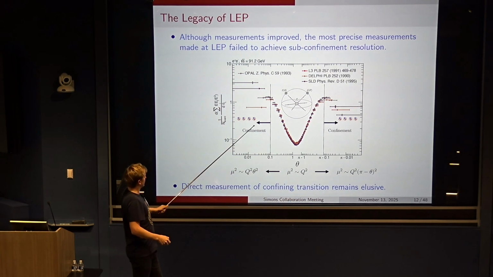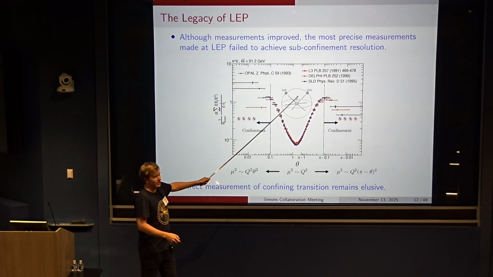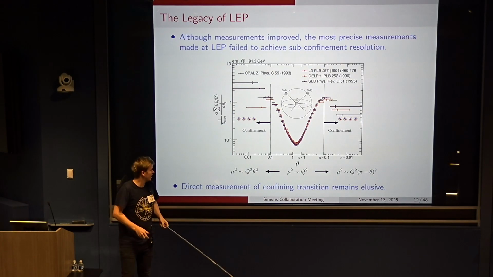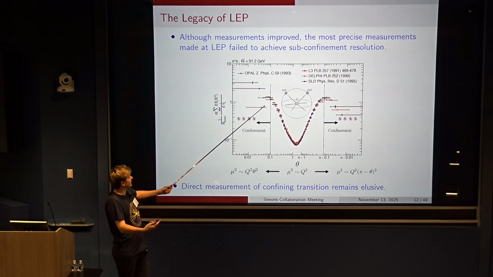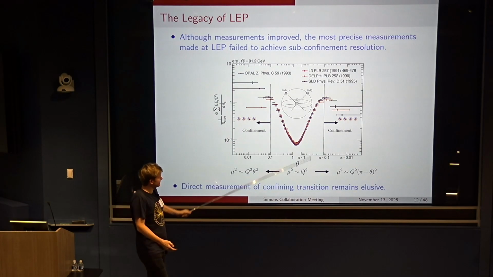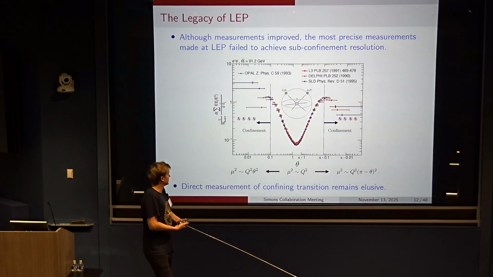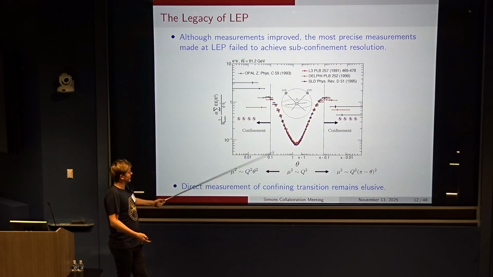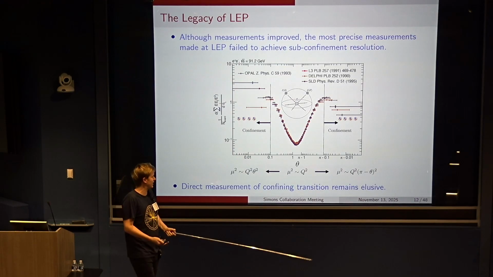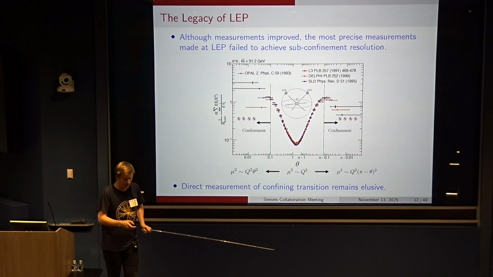And you can see in the data that essentially what happens in those limits is things just go completely crazy, and so you kind of lose control over what's happening in your experiment. As a result, these were the best measurements ever performed, and they were performed in essentially the late 90s. There have been no experiments since then. And so the direct measurement of this confining transition, where you could really use this to learn something about confinement in QCD, was always left murky and was never really performed.